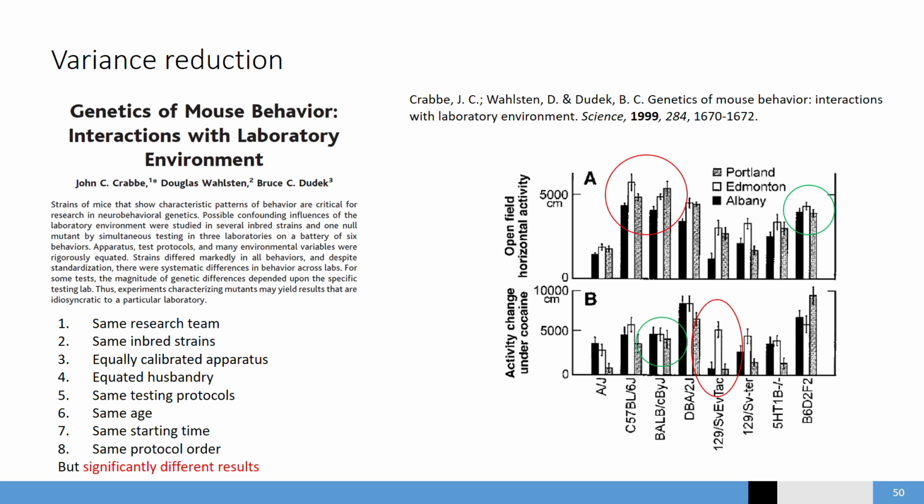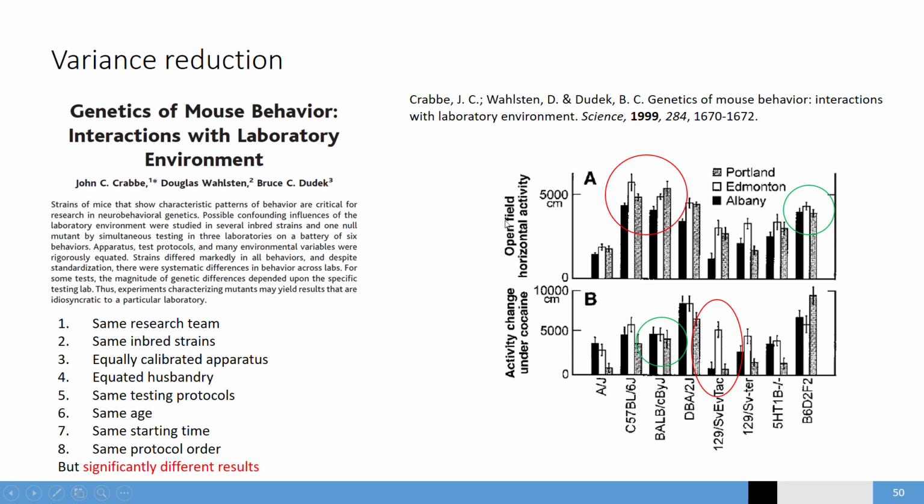Still, you can be very careful about trying to control everything. Remember this mantra: control what you can, block what you cannot, and randomize the rest. And the people in this work were very worried about reproducibility, and then they did the following. They were studying different strains of mice, and then they were measuring